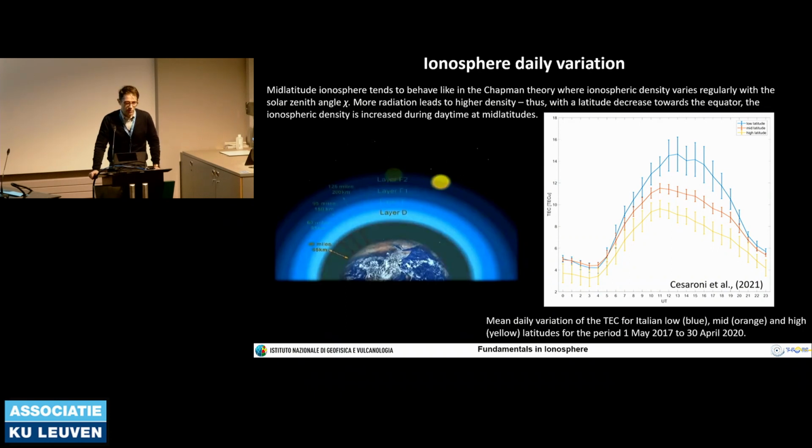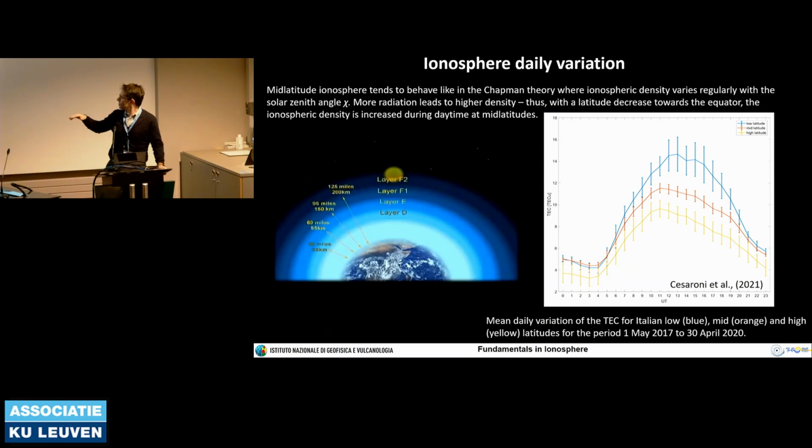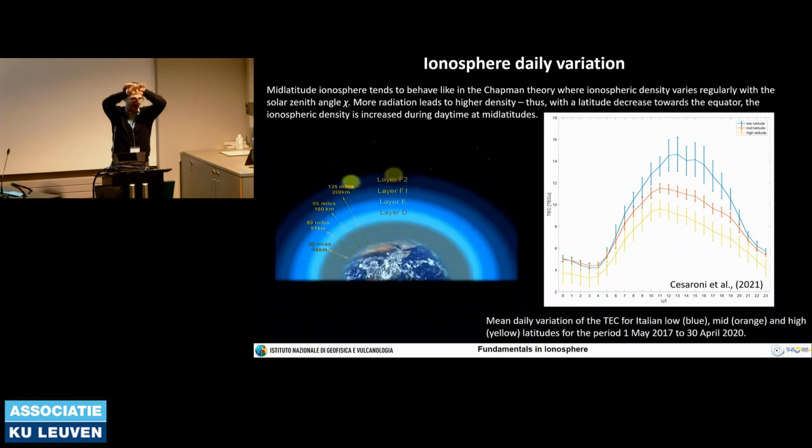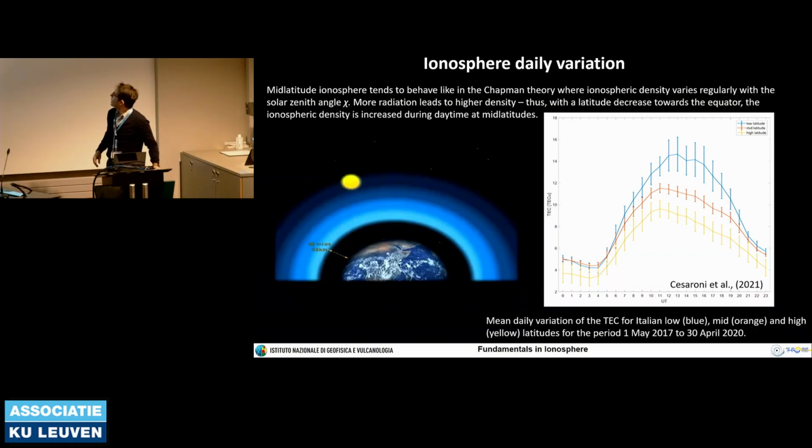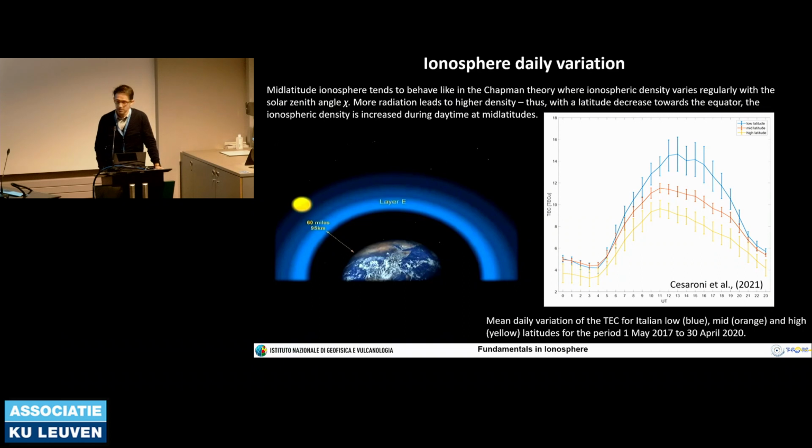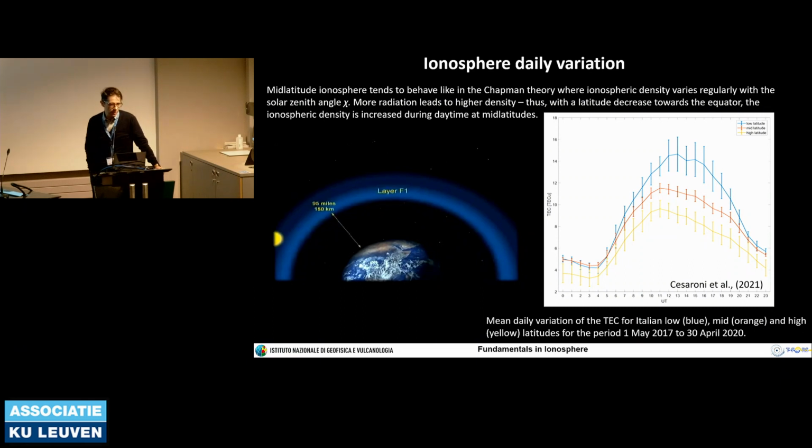So it's mid-latitude, but sorted into low, mid, and high Italian latitudes, okay? So it's not low latitude, that's Sicily, Rome, and the Alps, I would say. And as you may see, Italy is about +1 with respect to UT. So you may see here that you have a peak of ionization during the